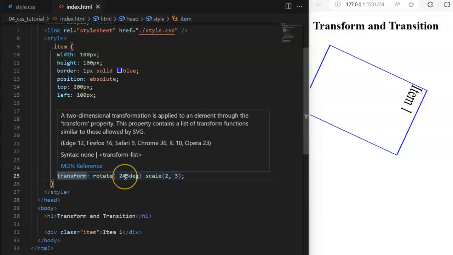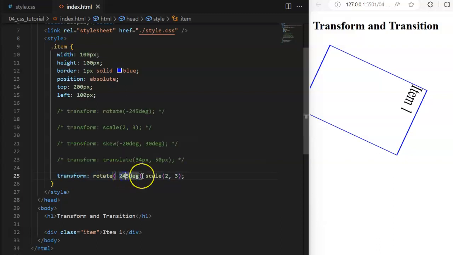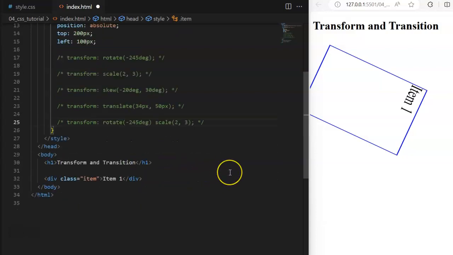That's just to let you know that you can apply more than one property to a transform. So that is that about transform. Of course, we have other properties of transform that you can explore, but for now we are going to be limiting ourselves to those that we have mentioned. Now we also have the transition, which is used to smoothly change the state of